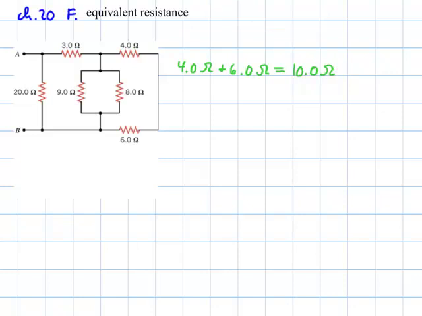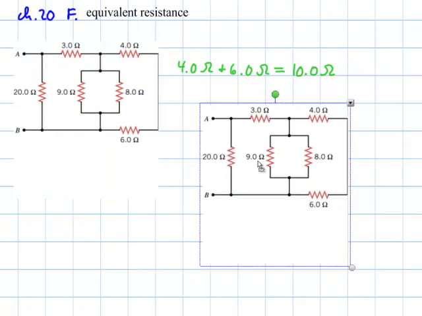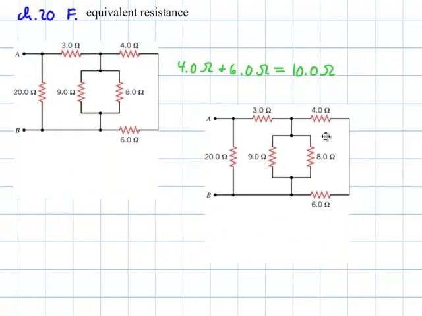And now what I'm going to do is take this circuit here and copy it, put it there, and draw in that, instead of the 4 and 6 ohms in series, just one resistor here of 10.0 ohms. That was supposed to be a period. And this one here just goes straight through. There we go. And notice why I started with these two resistors being in series, giving me 10 ohms,